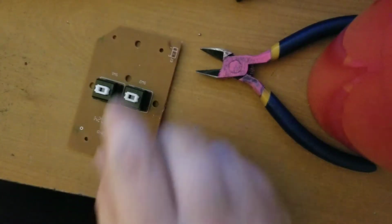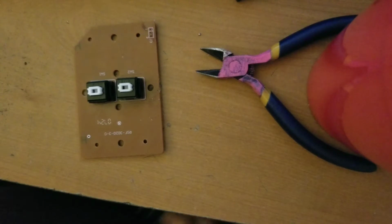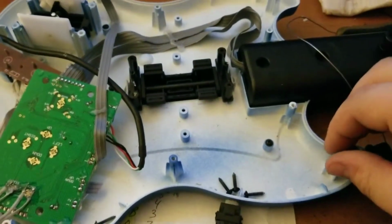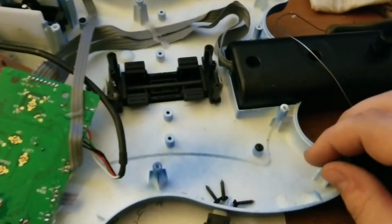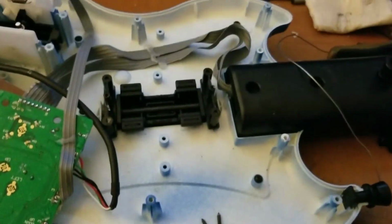Okay guys, I'm going to be showing you how to replace strum switches. I'm not going to show you how to pull the body off. That's kind of already taken care of, and don't mind what you see here. That's not what you'll see in your guitar. What you only care about is getting the handful of screws off the back of the body